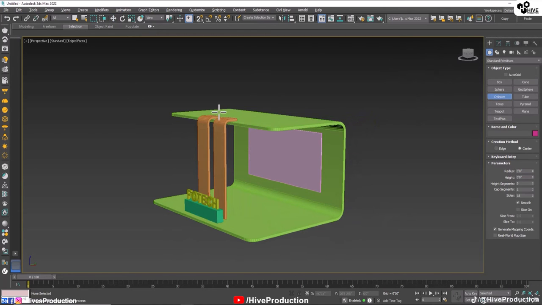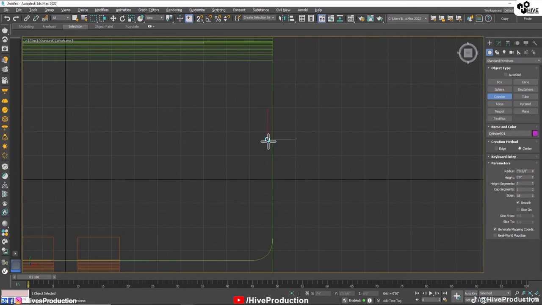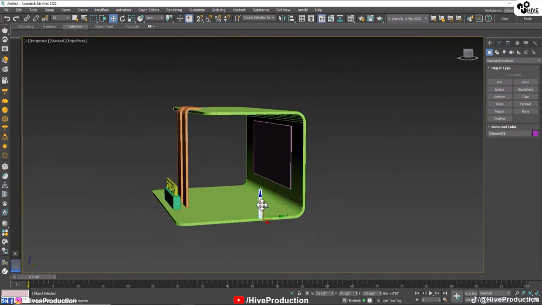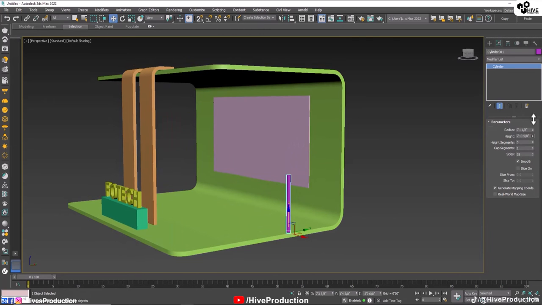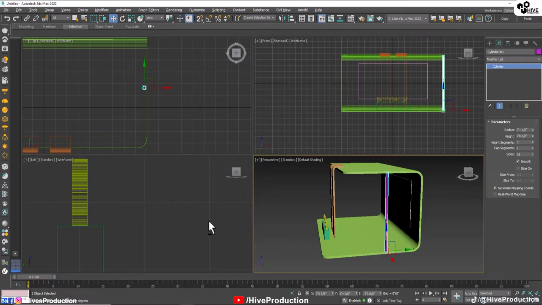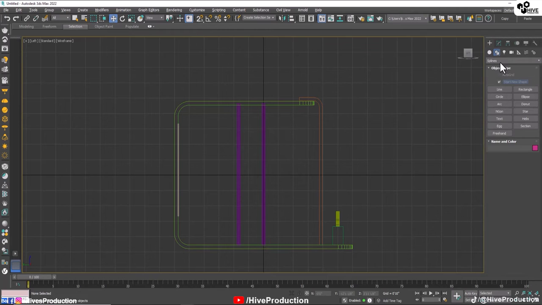I'm going to take a cylinder, draw this cylinder on the right side of this stall, and increase the height, which is this. Perfect. Then I'm going to hold the shift key and drag the mouse to duplicate it. We'll take a rectangle tool and draw a rectangle,